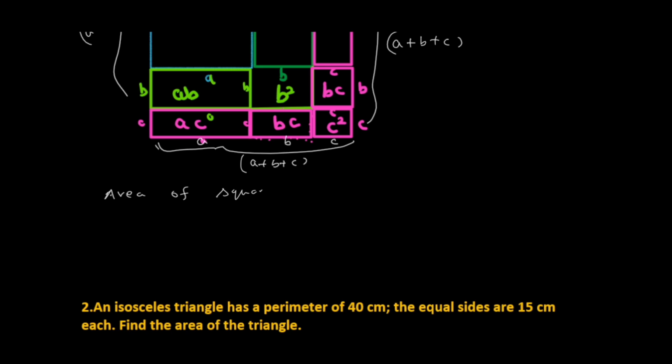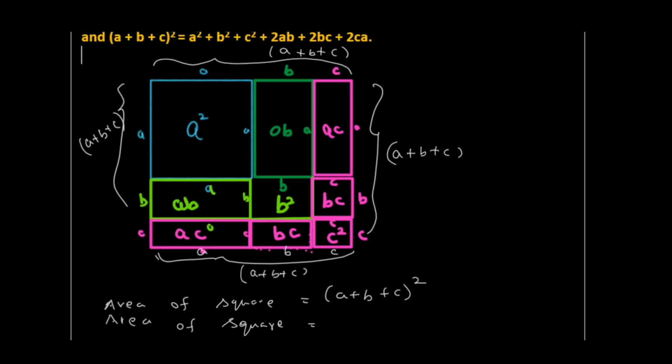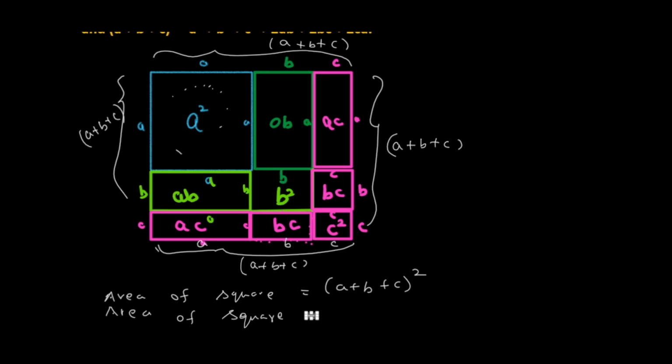Area of square of side a plus b plus c, the whole square. The same area, if we are calculating using the occupied space, look at the occupied space here. First, this one is a squared. So write here a squared plus, here we are getting b squared, a squared plus b squared, then this one is c squared,